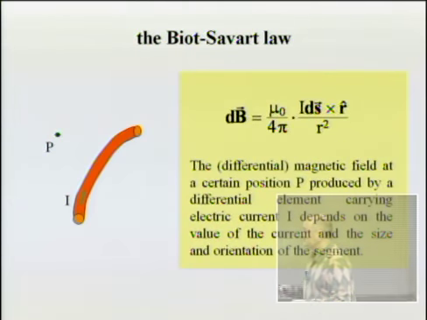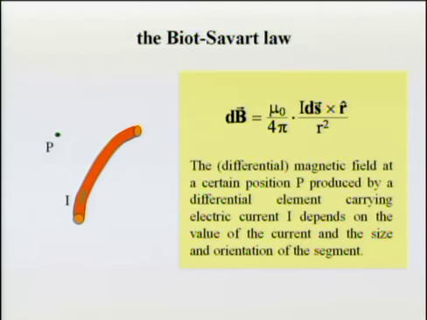The Biot-Savart Law says that the contribution to the magnetic field from a differential segment of that wire is equal to the permeability of free space divided by 4 pi, multiplied by